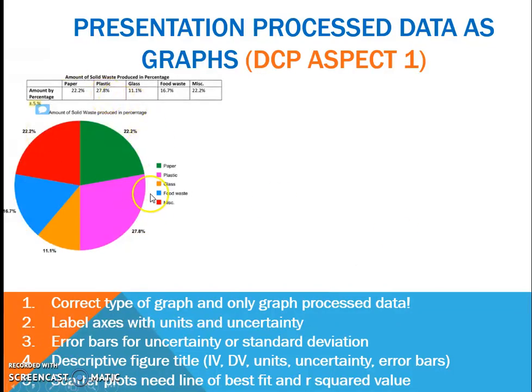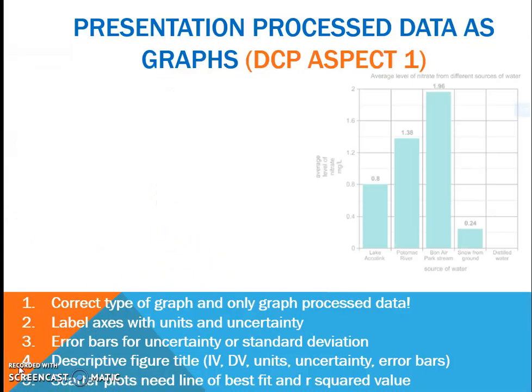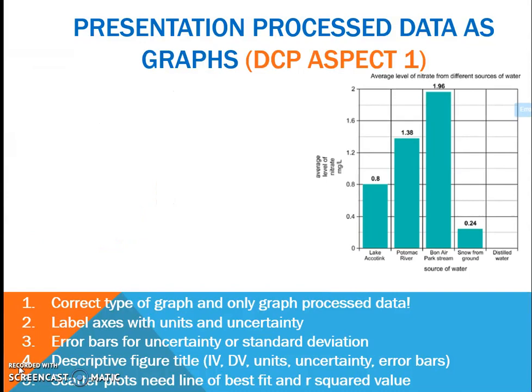Most of us are not going to be doing a pie chart. Only a few of us might have a reason to do that. Please check with me if you think that's what you want to do. So most of us are going to be doing either bar graphs or scatter plots. But what we really want to make sure each of these things has is an axis label. This is an okay start, but this one doesn't have measurement uncertainty. It really should. If it doesn't have it on the actual axis, it really should have it in the title